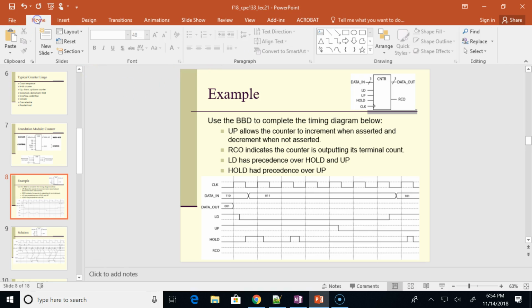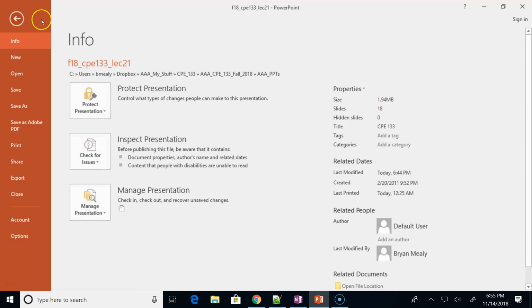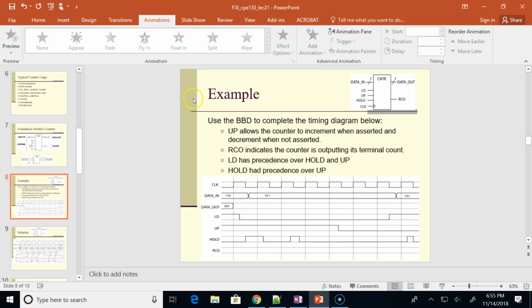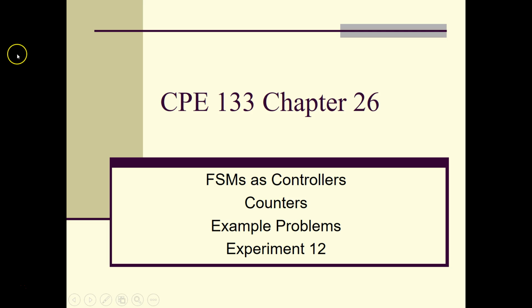I thought there was a draw mode. Animations, file. I'm not seeing it here, so we're going to skip the draw mode. Slideshow from beginning,